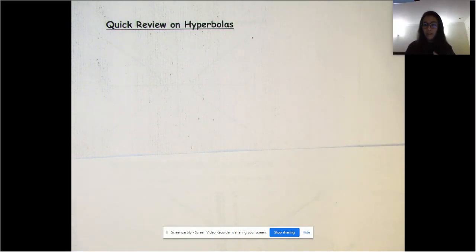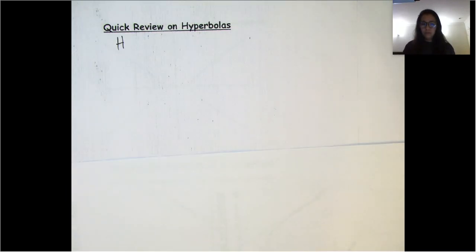So remember, for ellipses, you look at whether the a or b is larger, and that'll tell you whether it's vertical or horizontal. But for hyperbolas, it is different. a or b does not affect which direction the hyperbola goes. So for a horizontal hyperbola,